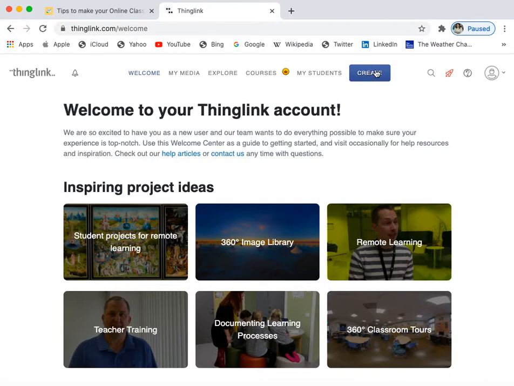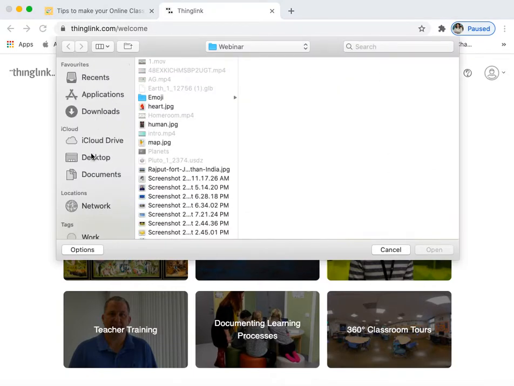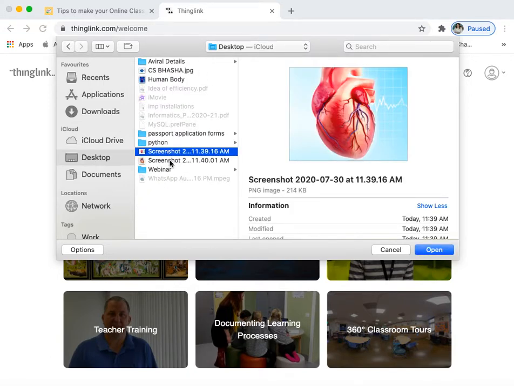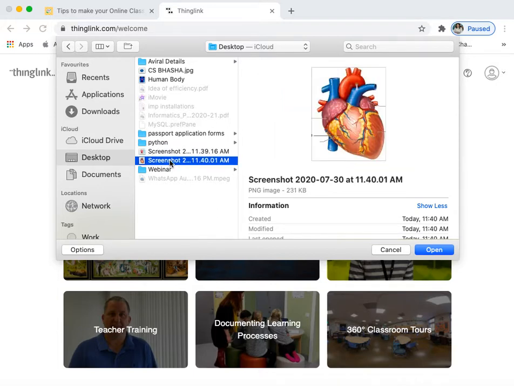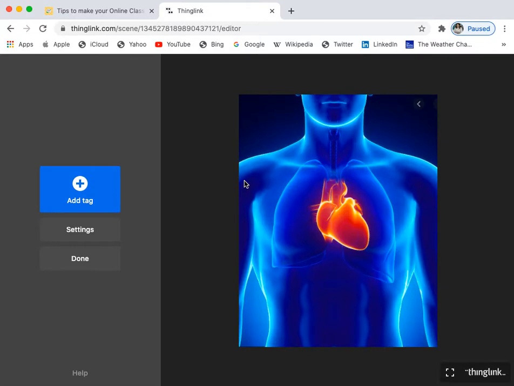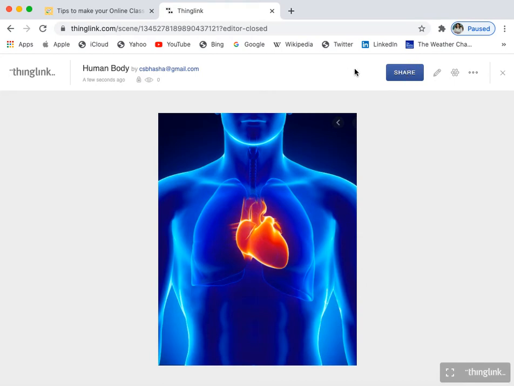All right. So first of all, for creating interactive presentations, you need the content and you need the pictures. Suppose I would like to explain something about the human heart. So I'll just go to my desktop, and I have some pictures which are stored right over there. One for the human heart, and the other one I have for the human body. So let me today talk about the human body. This is one of the pictures which I have already stored over there. Let me have the pictures first, and then I will start working on it.